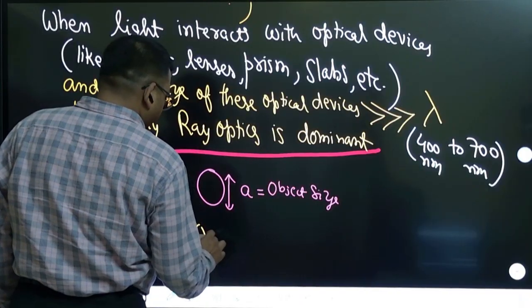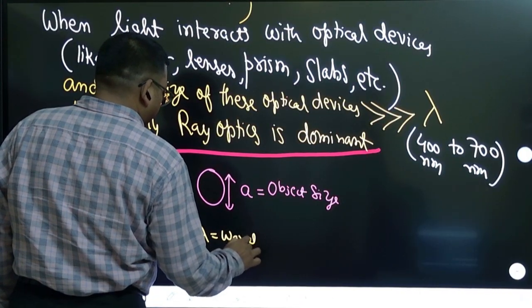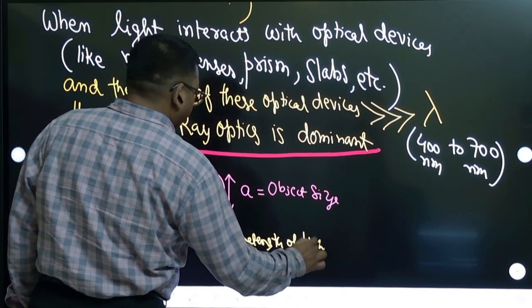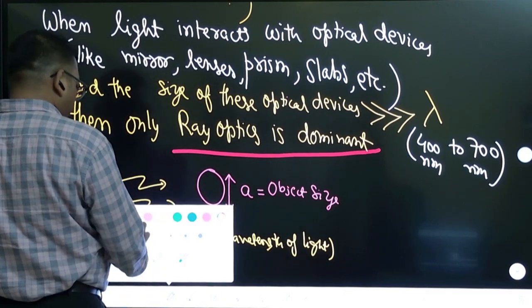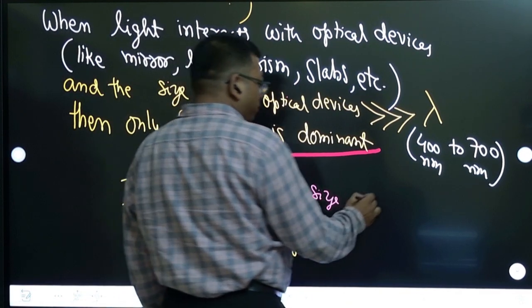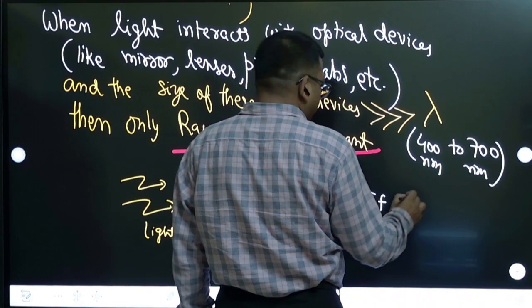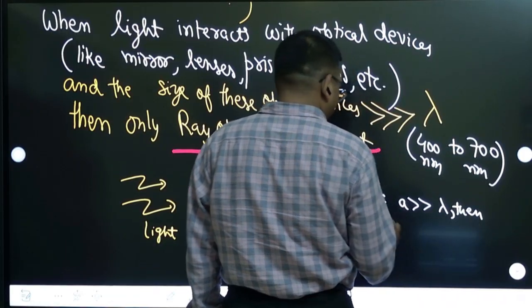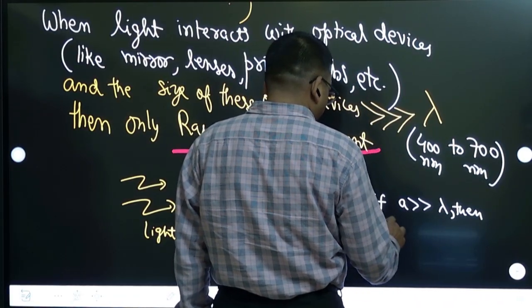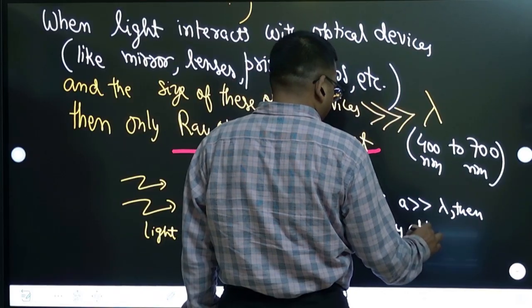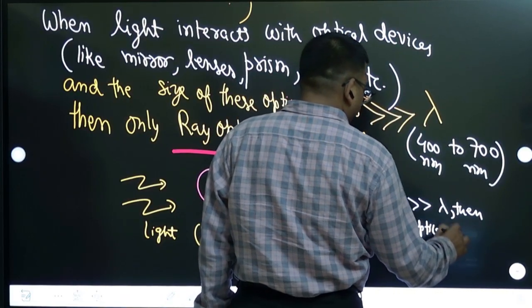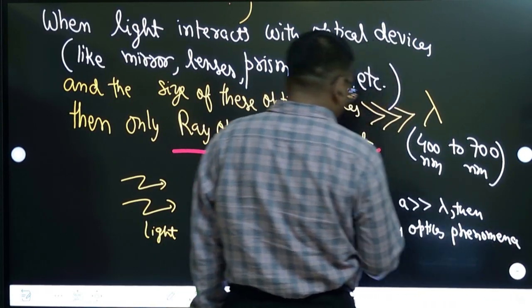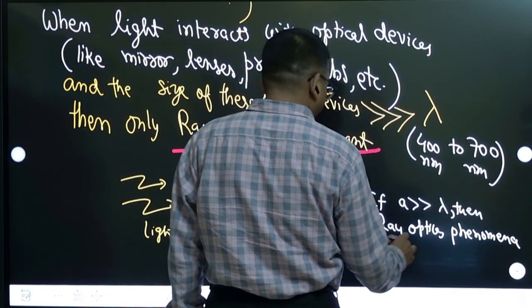Lambda is the wavelength of light. So if A is much greater than lambda, then ray optics phenomena is valid,